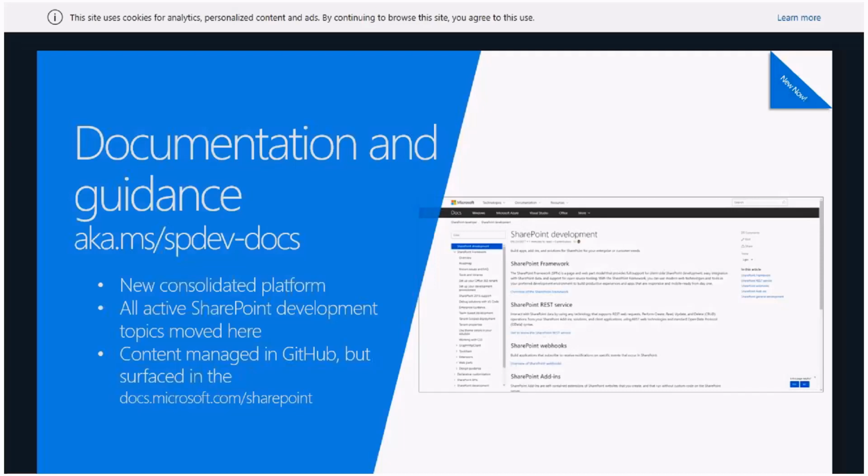So if you find a bug, if you find a typo, if you find something which you don't agree, you can always go to the GitHub site and first of all report an issue, or potentially even submit a suggestion on the modification changes which should be provided within the documentation. And that's really, really cool. So everybody can let us know what is in the documentation, what's missing, and also the docs.microsoft.com platform has great commenting capabilities as well. So you can ask questions on the individual pages as well.